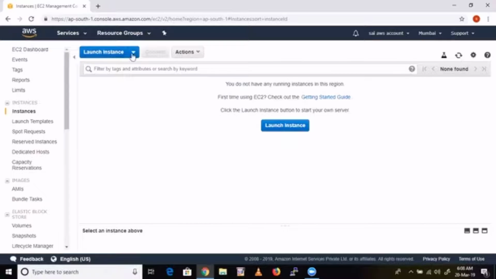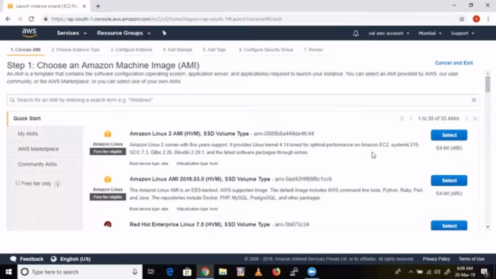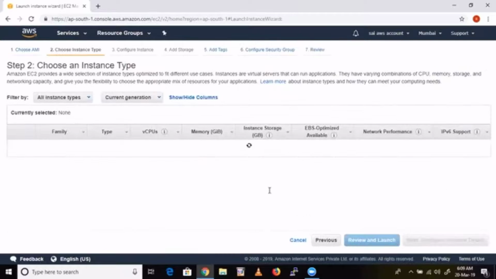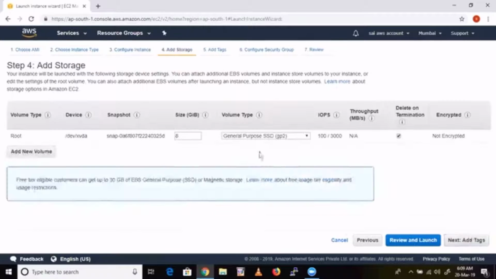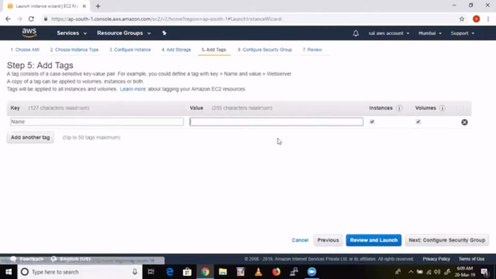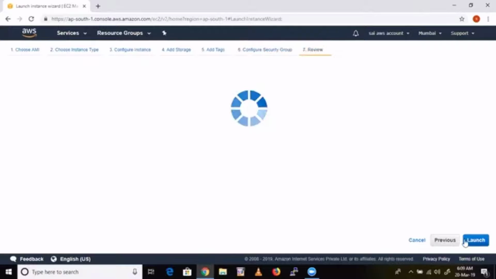One small thing: yesterday I accidentally terminated my Docker machine. So let me launch one machine again. I even forgot to enable delete on termination. So okay, let me launch one new machine quickly. Docker, security, review and launch.